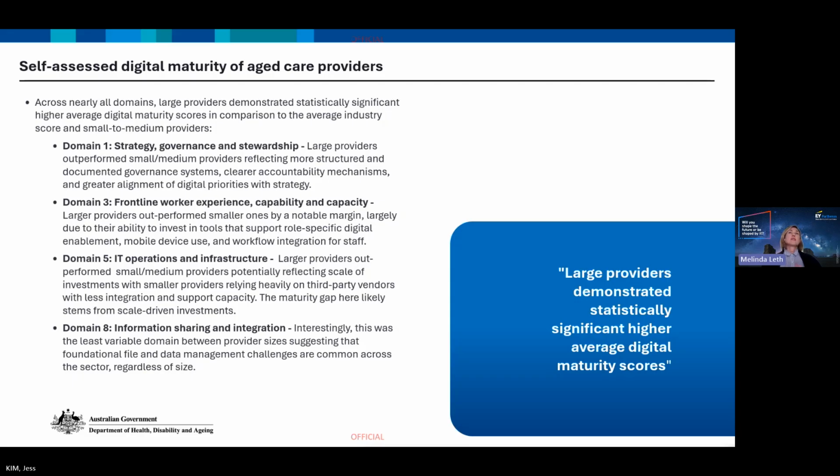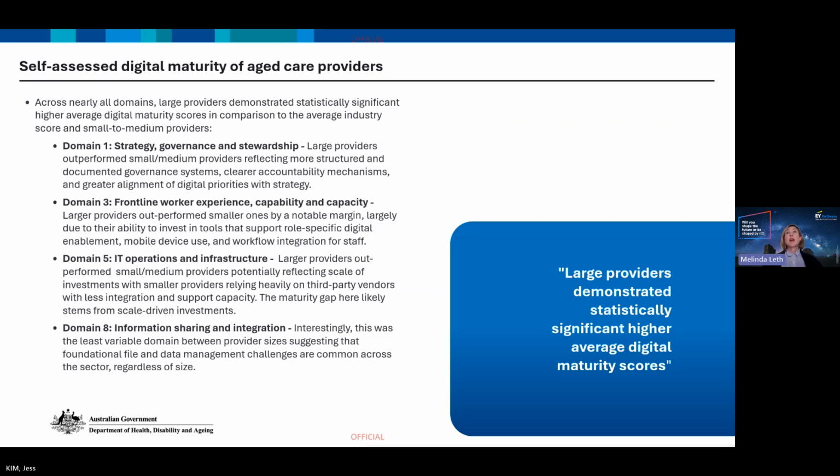And we found that some of the smaller providers mentioned that they struggled to find board members who were digitally enabled and mature themselves. And so sometimes that was a barrier that was limiting their ability to invest in their digital strategies and their implementation of those strategies.